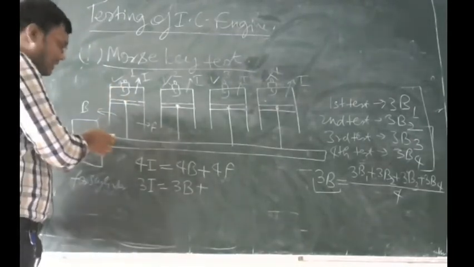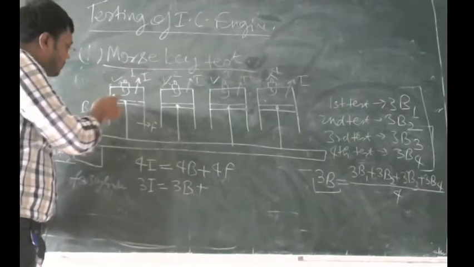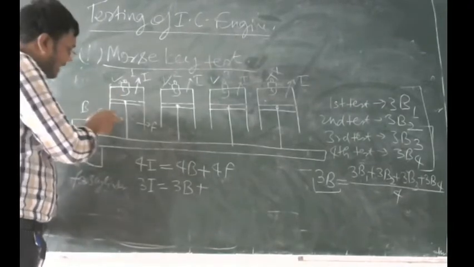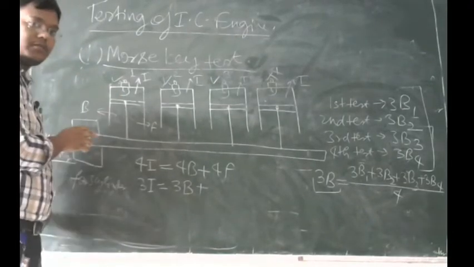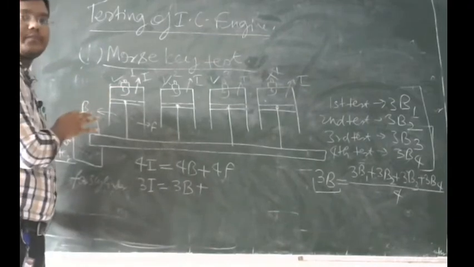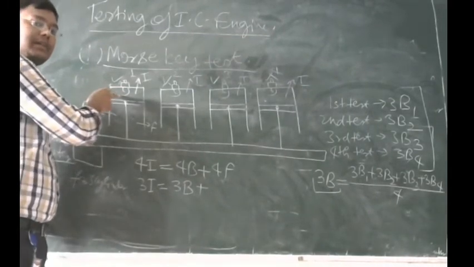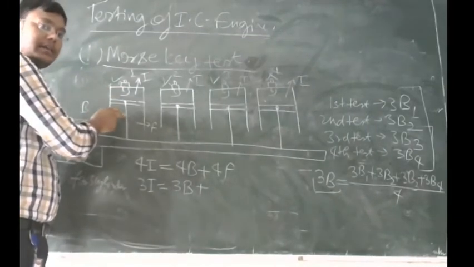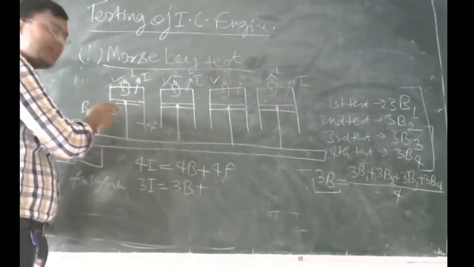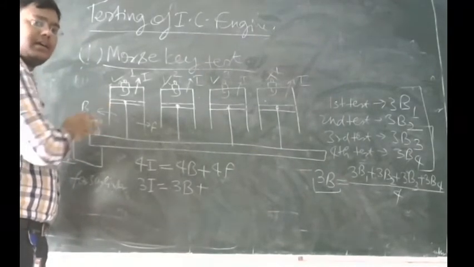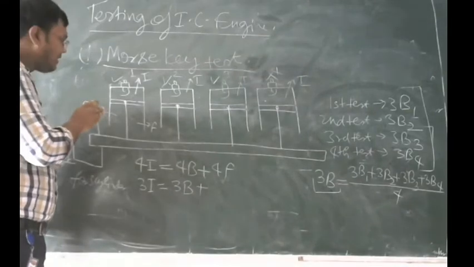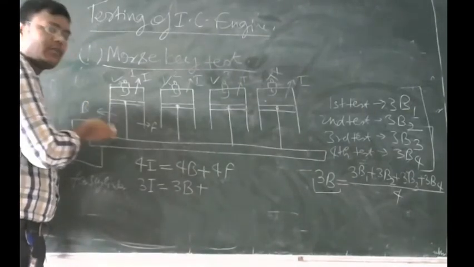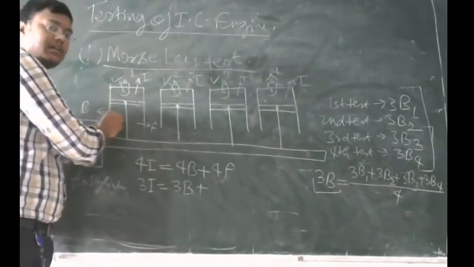But the crankshaft is moving, so this piston will also move. This crank and connecting rod will also move. So there will be friction. We are not getting power from the cylinder, but friction is here. Friction remains here because movement is there. What is happening here? We are just not getting the power. Okay, but friction is there.